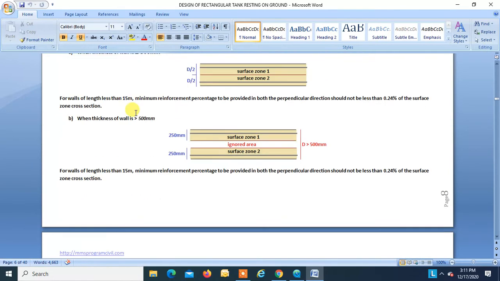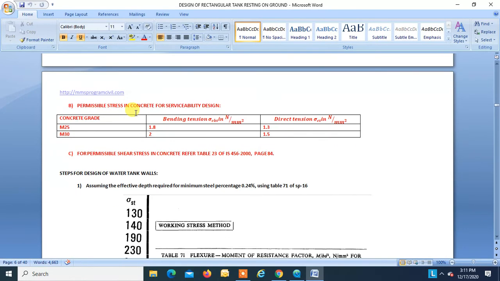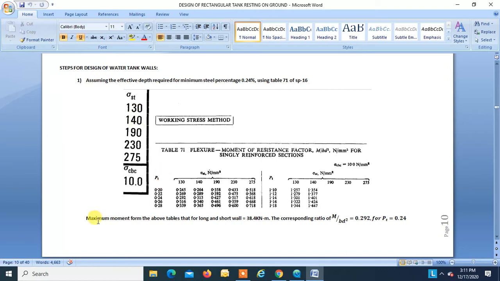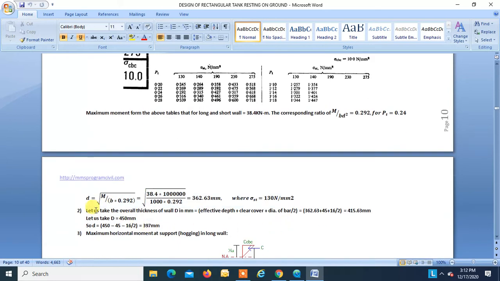So we will find the thickness due to the maximum moment. The maximum moment from the above tables for long and short wall is 38.4. The corresponding ratio of M by BD square is 0.292 for PT equal to 0.24. So D is equal to the square root of M divided by B into ratio, which is 362.6, where sigma ST is 130 Newton per mm square. So let us take the overall depth D equal to effective depth